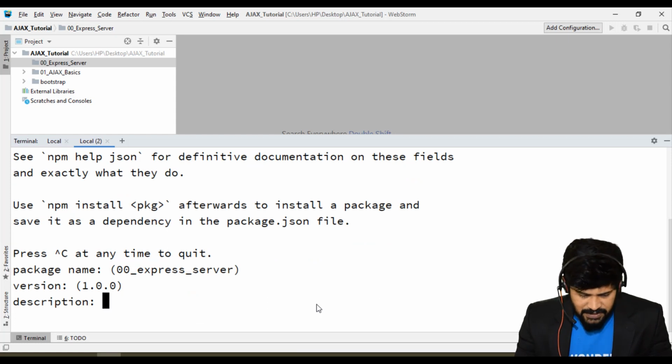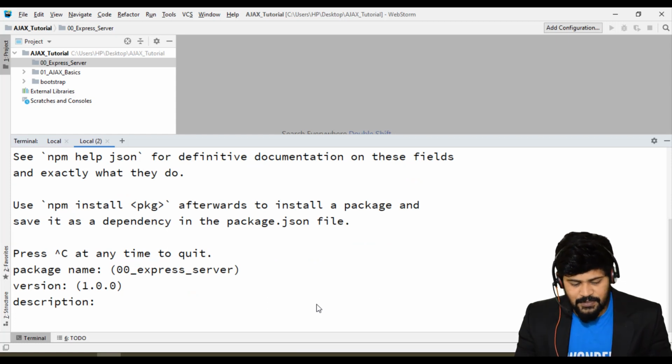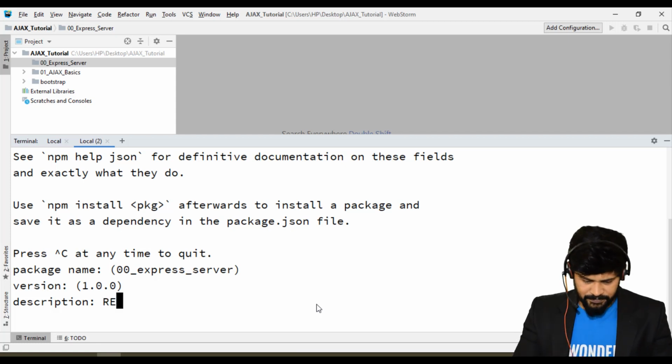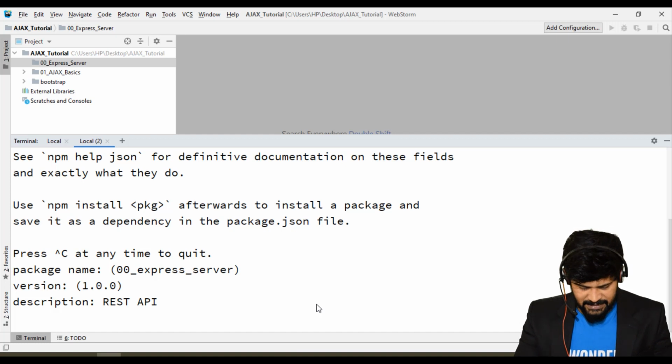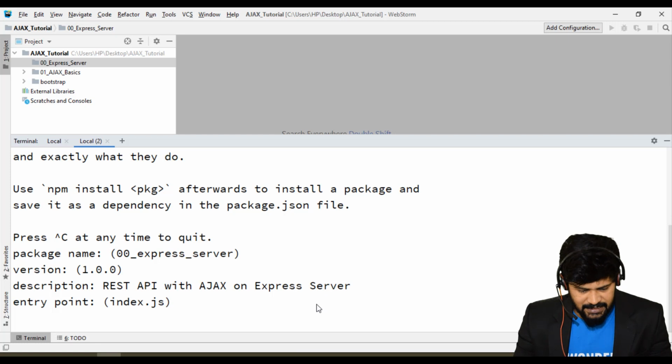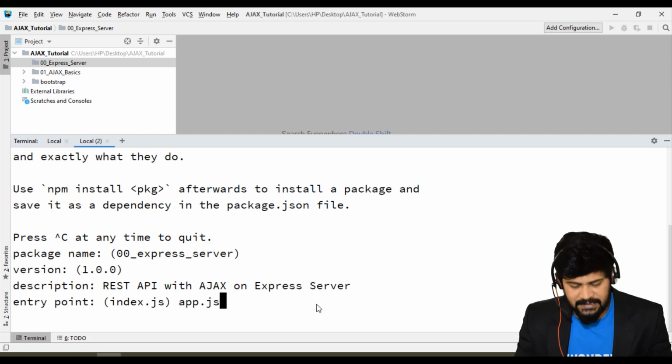Version, yes, 1.0. What is your description? What are you going to do with your application? REST API with Ajax on Express server. Okay, press enter. Entry point, I need app.js as my entry point.